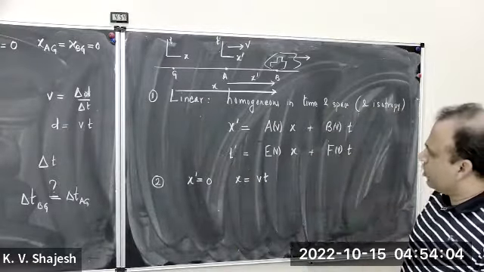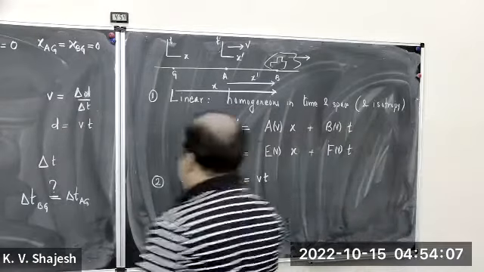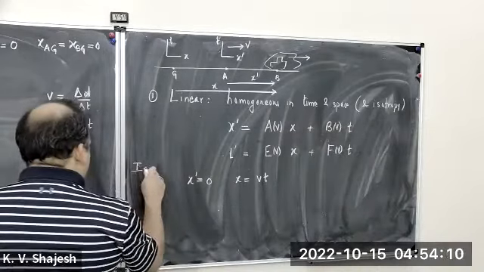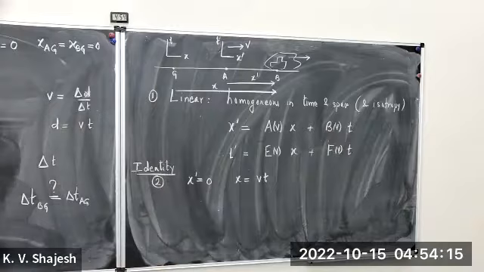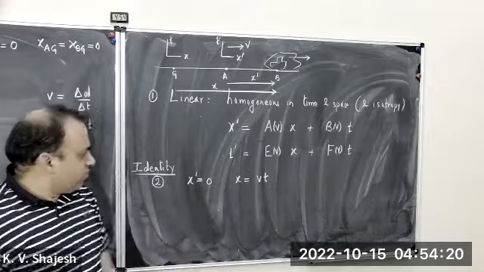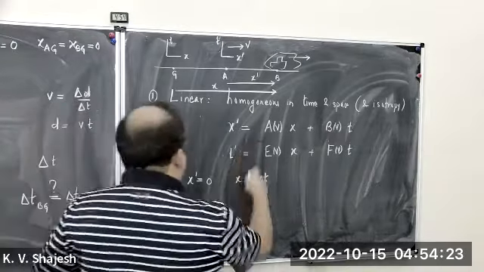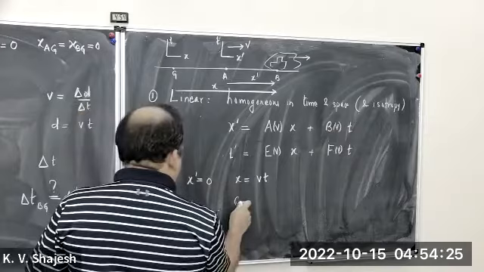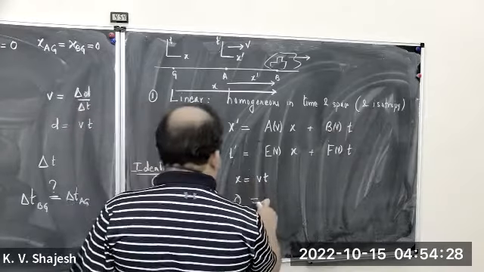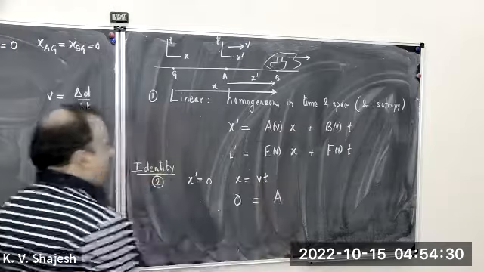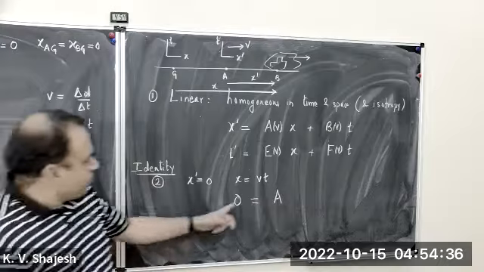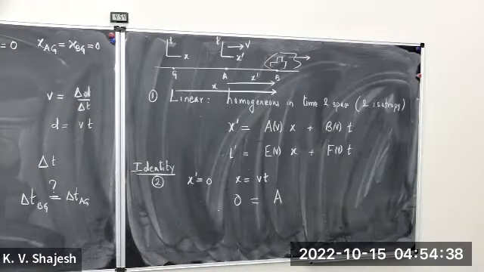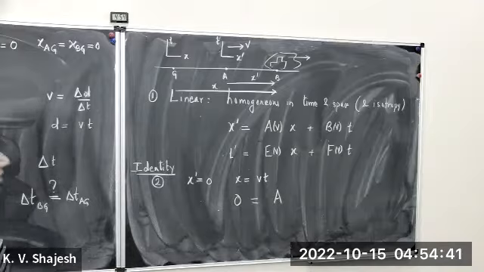So go ahead and put this in there, and we will call this requirement identity, by the way. There will be some two or three requirements we will put, and the first one is just going to be this. So put this in the first equation: X prime is equal to 0, and A is dependent on V, but sometimes I'll write it, sometimes I will not write it. Whenever I don't write it, there is less clutter in the equation, so sometimes it's easier to read.